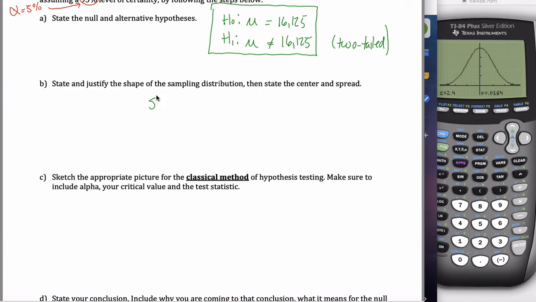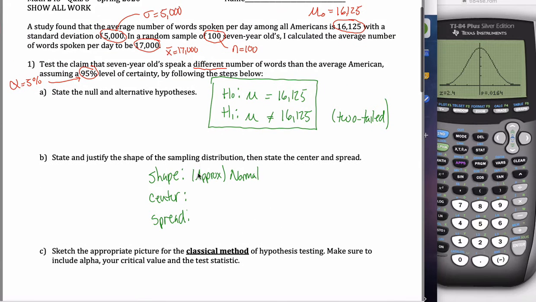State and justify the shape, center, and spread of the sampling distribution. Sure. Well, the shape's going to end up being approximately normal, or normal, either way is fine. And I know that because otherwise I wouldn't even be able to do my hypothesis test in the future steps. But really the reason it's approximately normal is this thing called the central limit theorem. It says